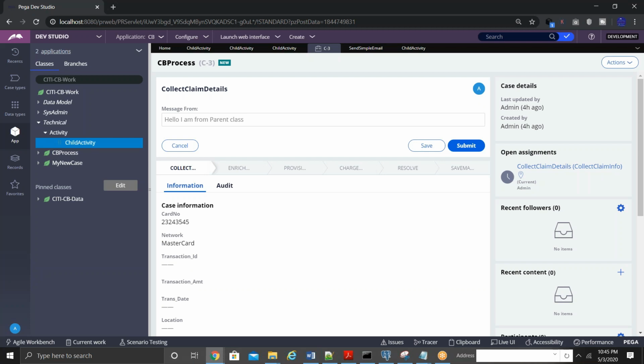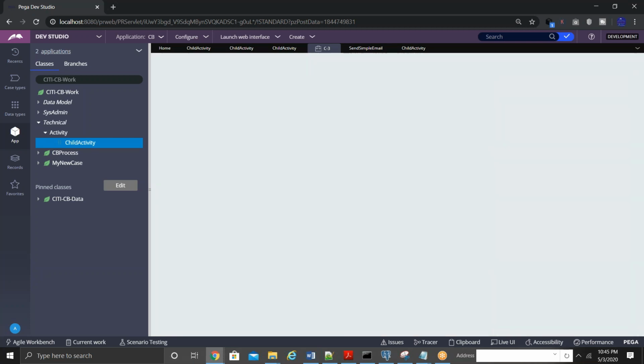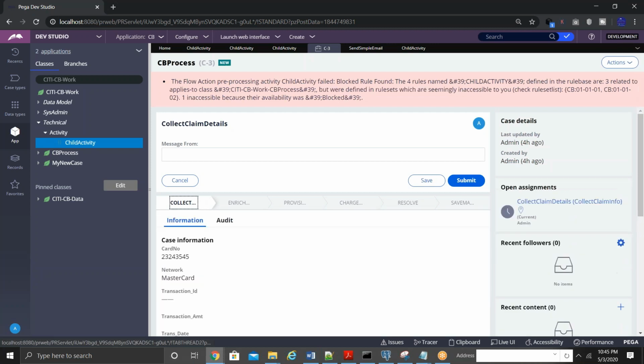Now the child class activity is blocked. The parent class activity is available, but still you're going to get an error, because when you set something as blocked, even if the same rule exists in a different rule set or different class, you're still going to see the error.